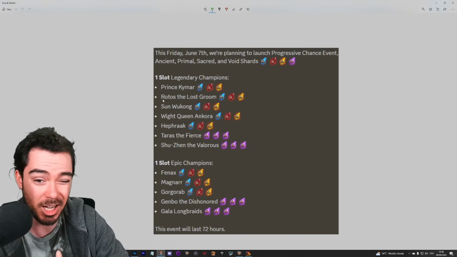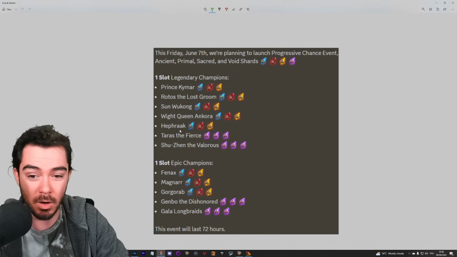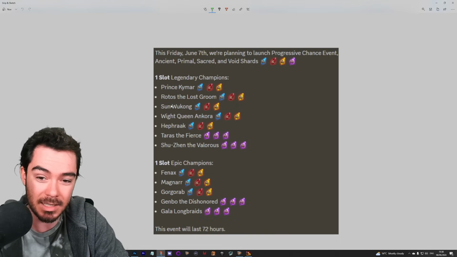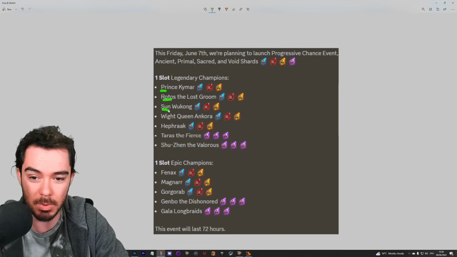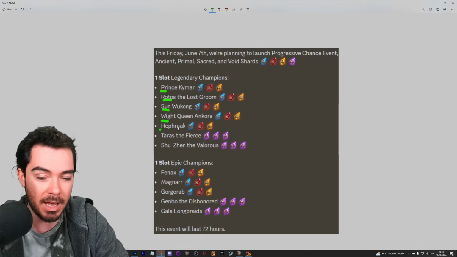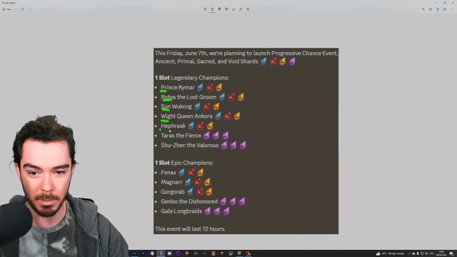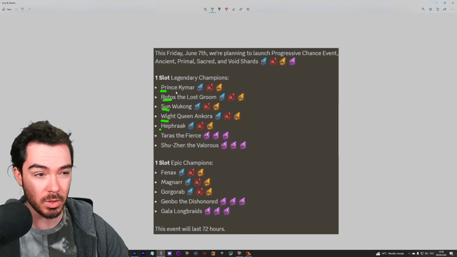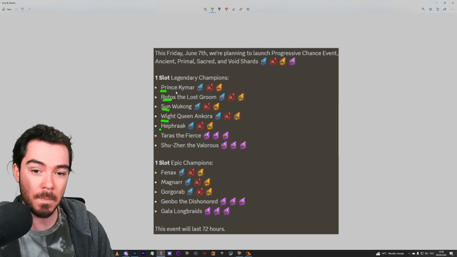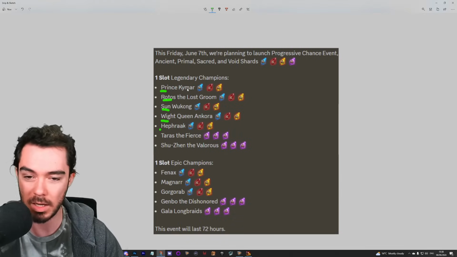But for this, Prince Kaimar, Rotus, Sun Wukong, and Korra, Hefrak, they are all fantastic. Honestly, they're super, super good. Like you can legitimately pull for any of these. I'd say Hefrak could be the weakest one. Like he's fine, but there's a lot of better nukers. Prince Kaimar can be really strong. If you don't have reset champions, Prince Kaimar is super good for resetting like Doom Tower waves, dungeon waves, that